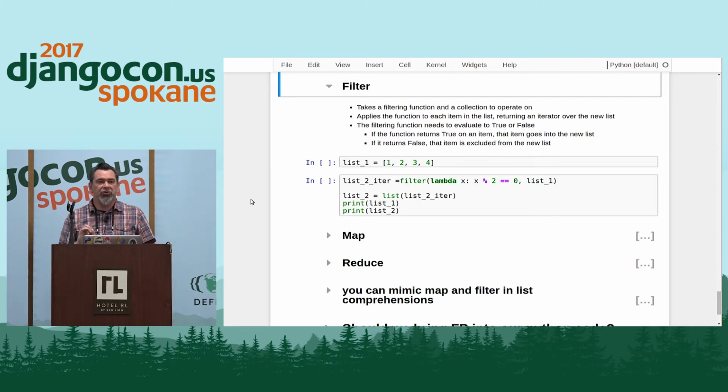Technically, map, filter, and reduce all return iterators now. In Python 2, they would return lists, but now they return iterators, which is much better. That way you can evaluate it as you want. It doesn't build your entire list at one time. It yields back one item at a time so you can loop through it however you need to. But essentially,